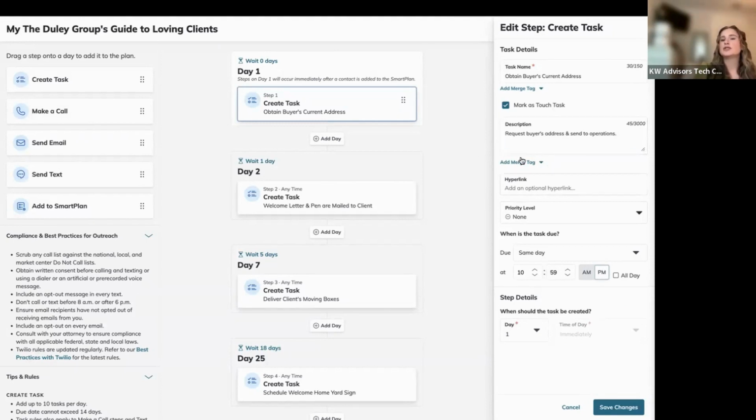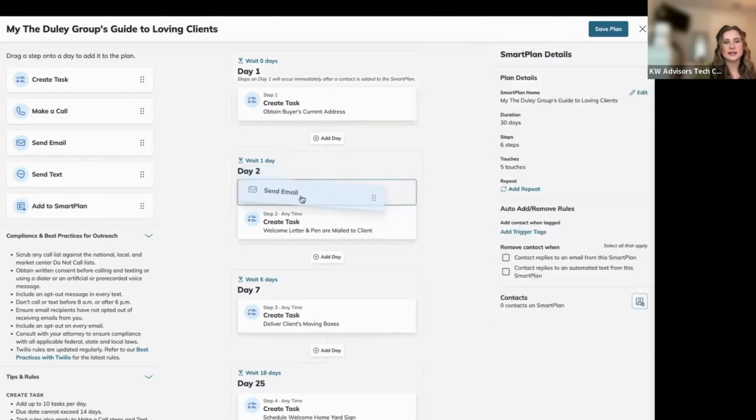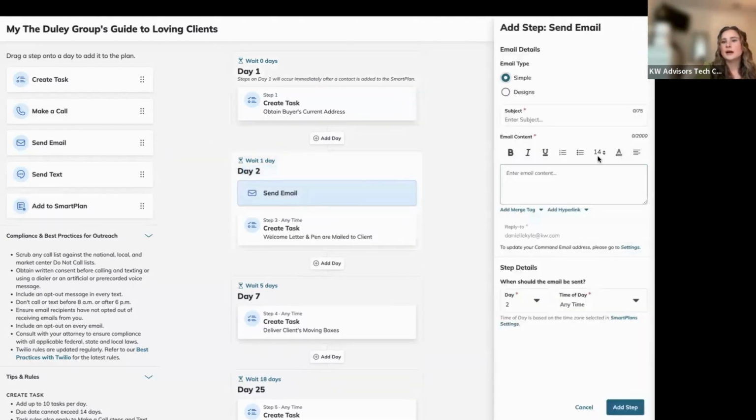And within a particular task, another thing that's a little bit different is there are some date and time preferences that you now can set for not only tasks, but also for sending emails out and text messages out. For a task, you can set the exact time that it's going to be due. And then I'm going to get out of this and show you what it looks like in an email as an example. So in an email,